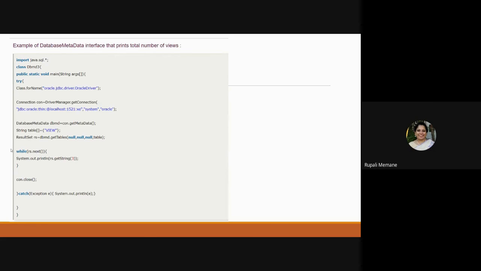So rs.next, rs.getString, and it is going to print whatever total number of views there are, one by one. If there are 3, 4 or 5 views, the loop is going to iterate. Once the printing is done, con.close and close the exception. Fine. So this is one more example of using DatabaseMetaData.